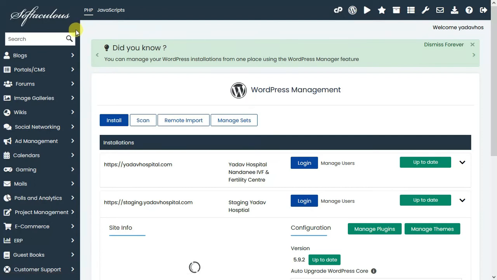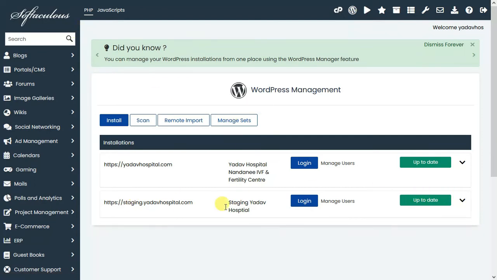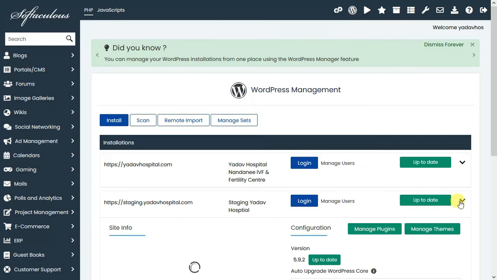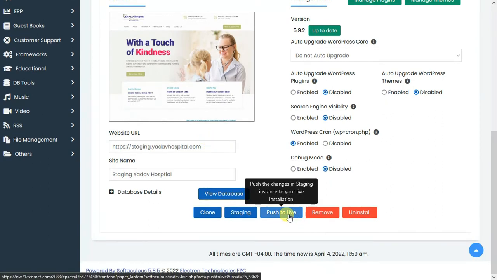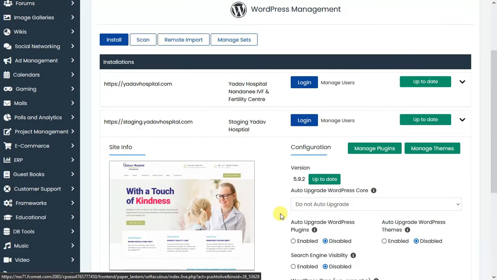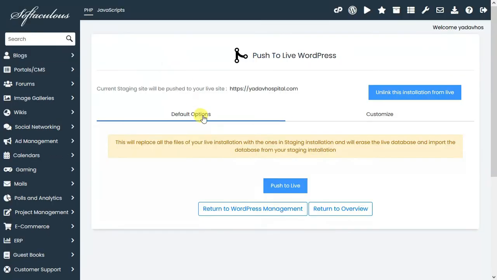You can definitely close this tab, but when you want to merge the changes, just go here, go to the staging, you will find a similar option here, and you can click on push to live. It says push the changes in the staging instance to your live installation. So just click here and you can see the page reloading, and it says that this will replace all the files of your live installation with your current installation. Now you just have to click on push to live,